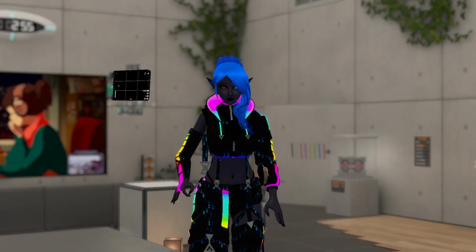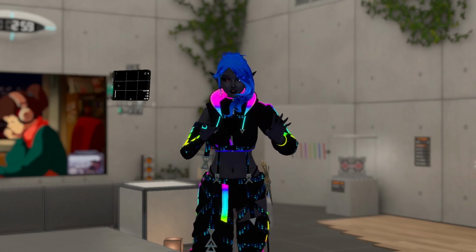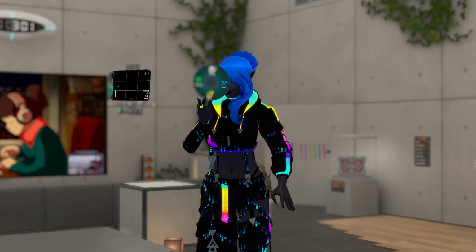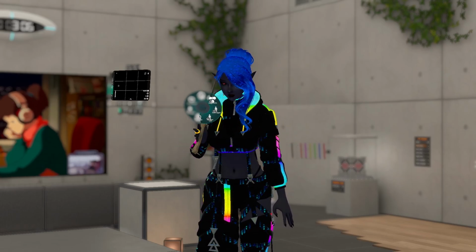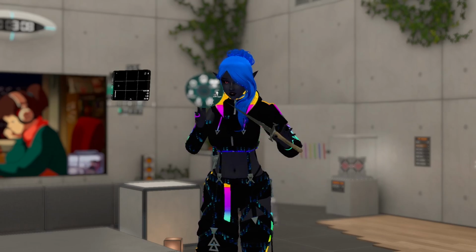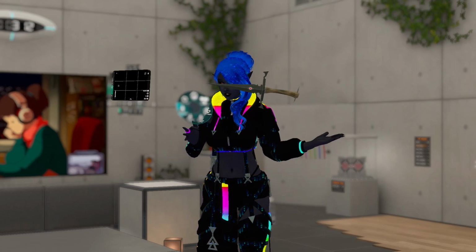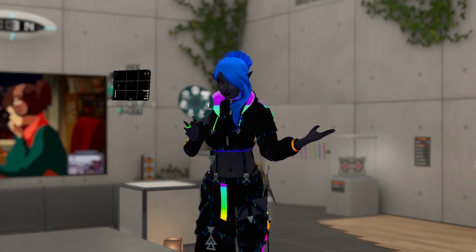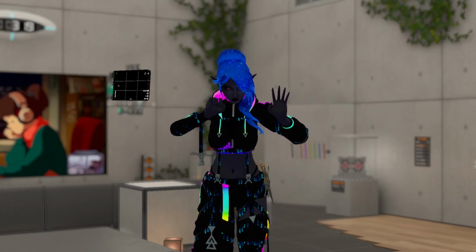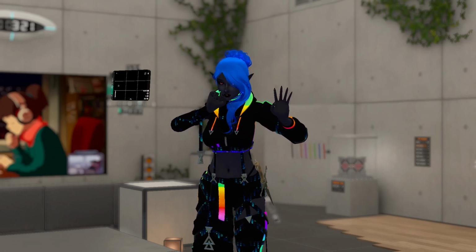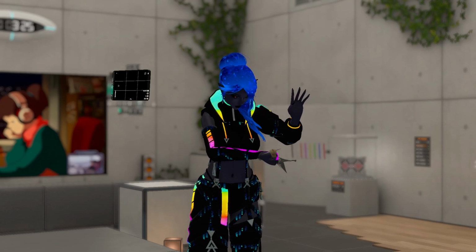Okay, we are now in VRChat. So I have the avatar that works with the gestures but first let's check if our expression menu works. So dagger right hand, dagger left hand, dagger world. Ooh, and let's reset it on the hips. And it works. So now let's activate the gesture. So grab gesture, go. You can do it before, after, doesn't matter.